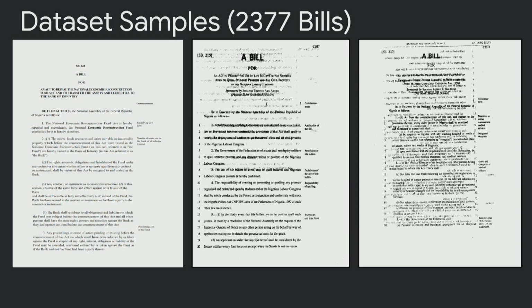And I'm sure you understand that trying to clean and build a data set is the simplest part, right? Maybe not. And so this first bill is a bill to regulate local government elections in Nigeria. And the second one is a bill to prohibit the use of military during a live protest. And then the last one is a bill to provide free screening and treatment of cancer to the citizens of Nigeria.